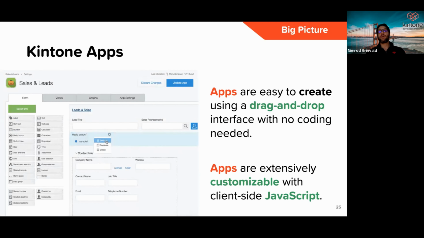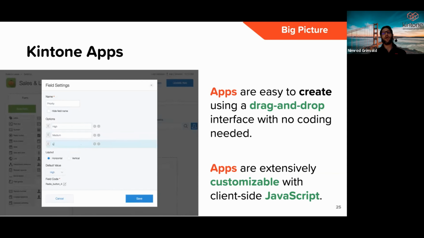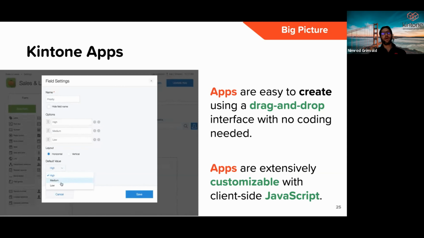There's a canvas on the right-hand side of the page. There's a palette on the left-hand side of the page. And you drag and drop fields from the palette onto the canvas, and then you can edit the fields like we're seeing over here in an easily configurable environment. Apps,